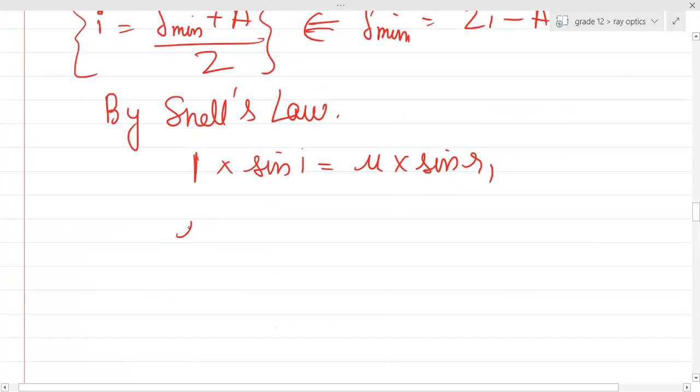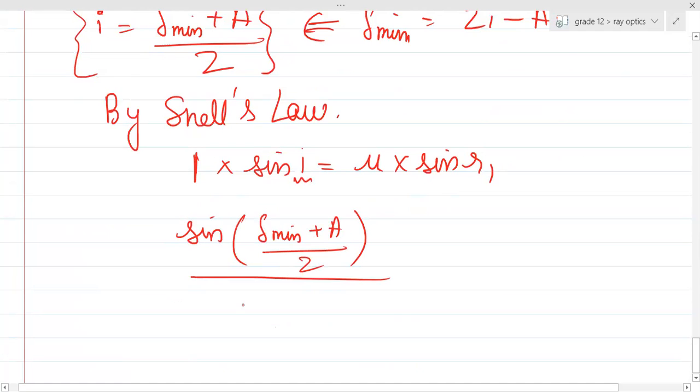Right or wrong? So sine of I I can write as sine of delta minimum plus A by 2. Sine R1 I can write as sine of A by 2. This thing is equal to